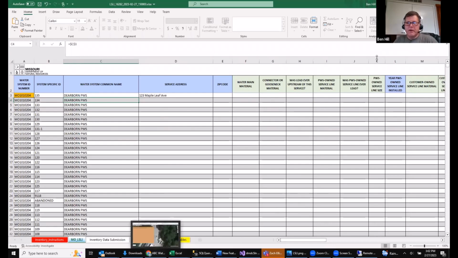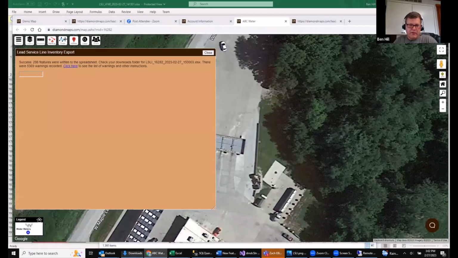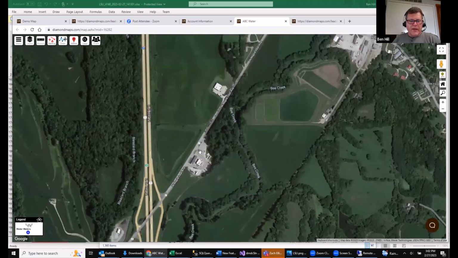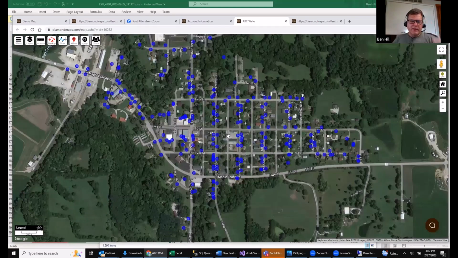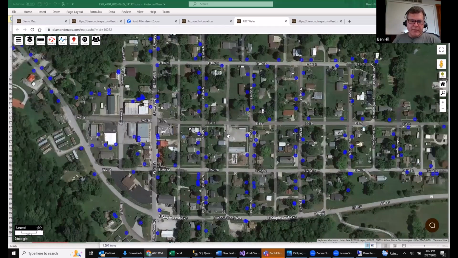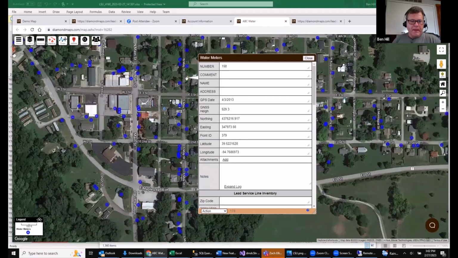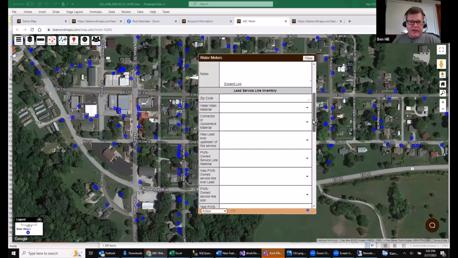Switch back to my map here. Okay, I'm back here to my test map. Another thing I kind of flew through in the summary there that I want to show you in a little more detail is setting up this color coding. So let's go through that again. And so here's a point on the map. If I come down here to the lead service line inventory,